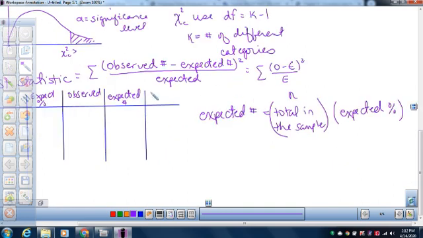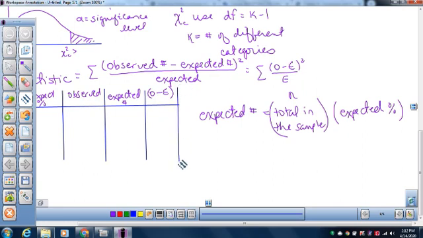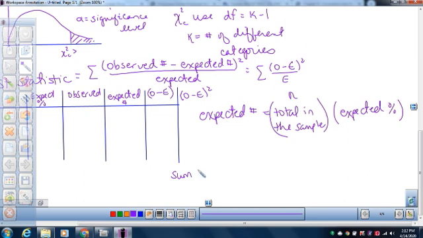And then you're going to do observed minus expected. And then we're going to make one more column of observed minus expected squared. So you'll square each of those numbers. And then you're going to sum that, observed minus expected squared, and divide it by,